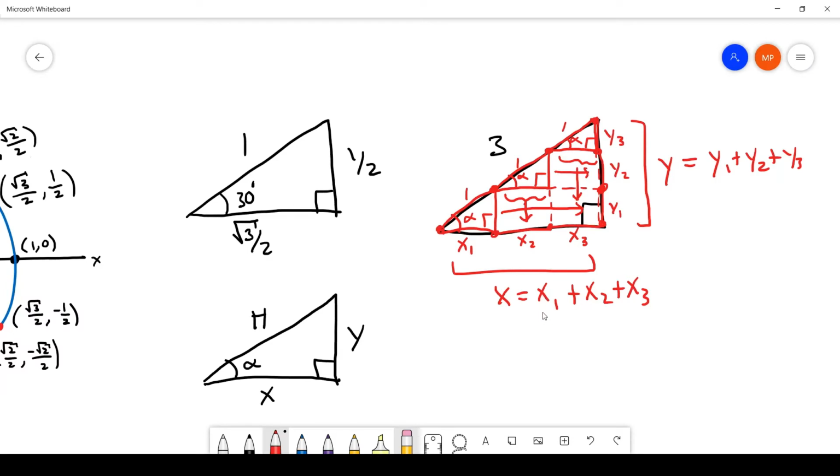And so that means x1 is equal to x2, which is equal to x3. And so x is just equal to 3x1, and y is equal to 3 times y1,